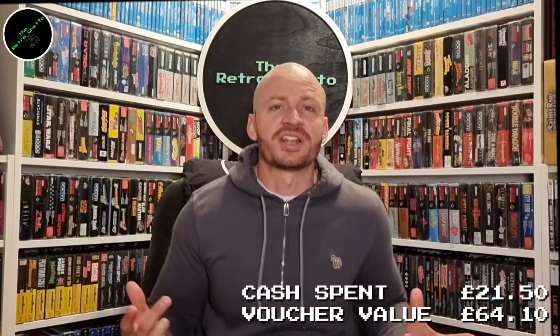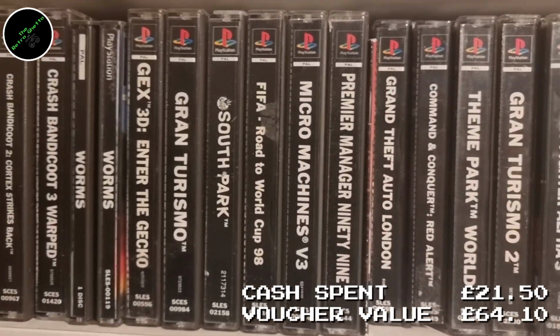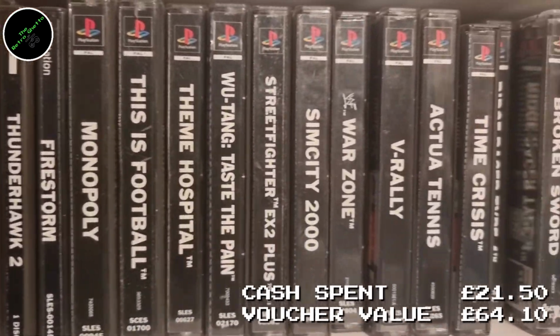They don't seem to give any money for them. For some reason they don't want them. I don't understand why. If anyone works for CeX, let me know, because from where I'm sitting as a collector, PlayStation 1 collecting seems to be at an all-time high. So very, very bemused as to what games they do and what games they do not have on the CeX